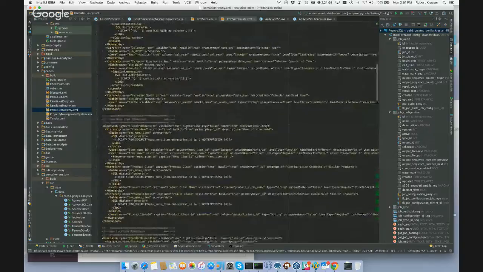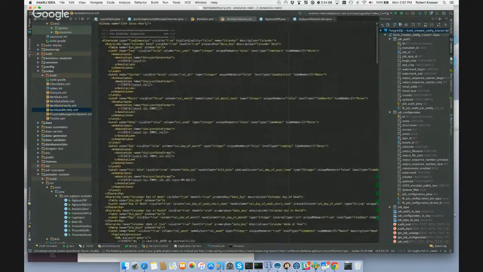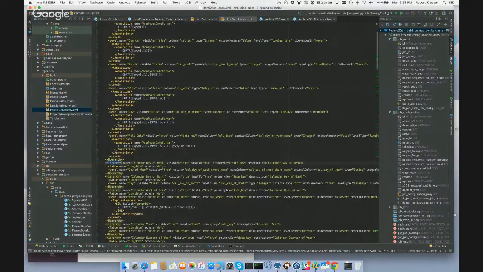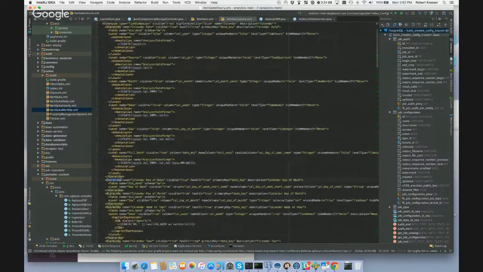Our time one is probably the most confusing. You'll notice that there's a bunch of levels. I think in some of them we had multiple. Oh yeah, so you have this hierarchy. So here's another hierarchy within the time dimension hierarchy, and it's got a special type. They handle times kind of uniquely when you tell it it's a time hierarchy. So there's one hierarchy that shows calendar month, calendar week, and then